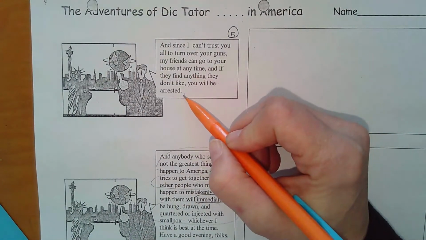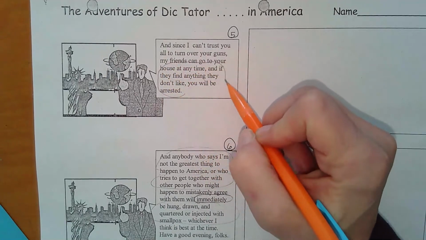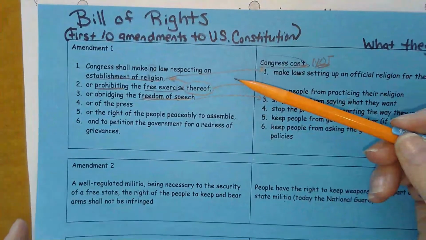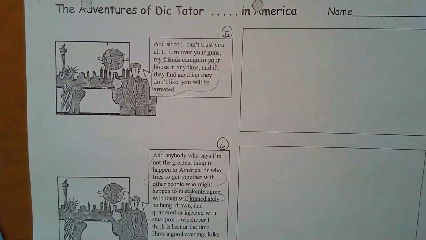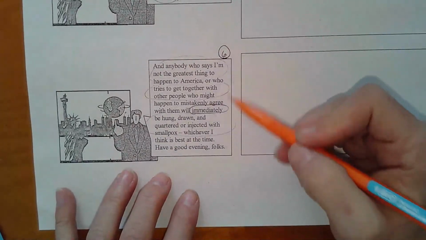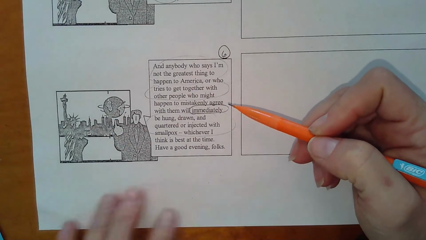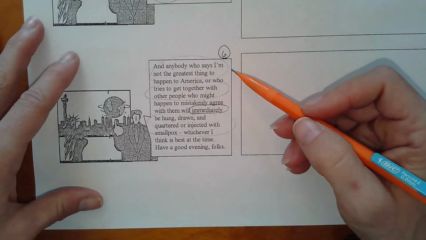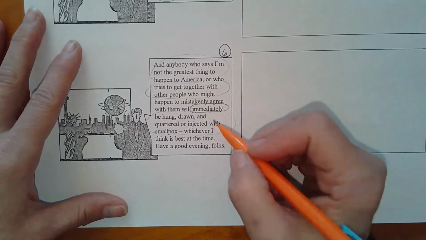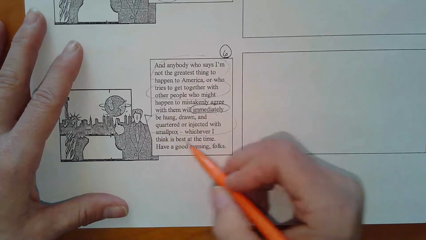It's not talking about going to your house and arresting you in the first part of the First Amendment that we talked about. Number 6, you can already see on the photocopy it came through, some of these sections are shown to you. So if we look at this last circle,